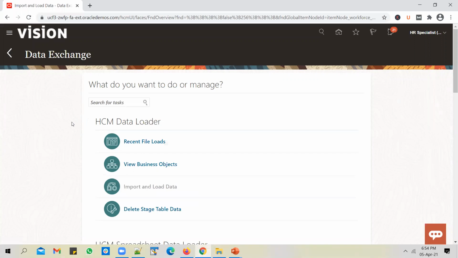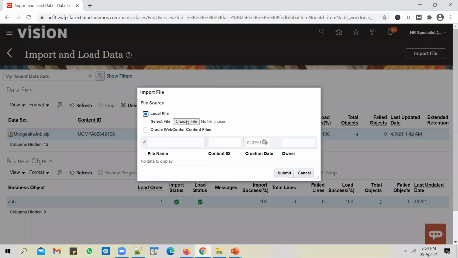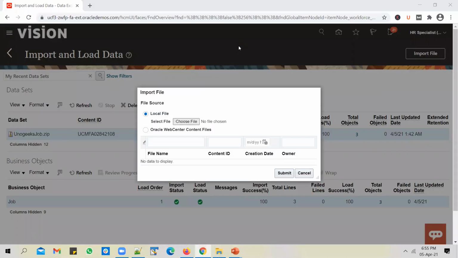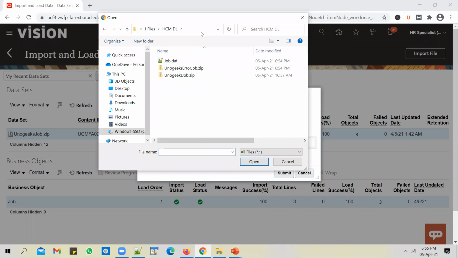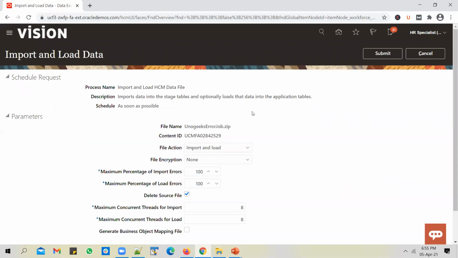Import and load data. Import file. Choose file. Submit. Go with the default parameters and just submit the request.